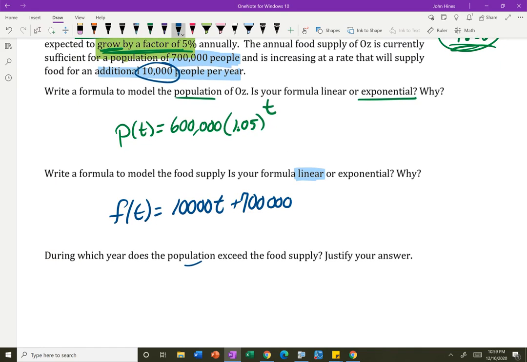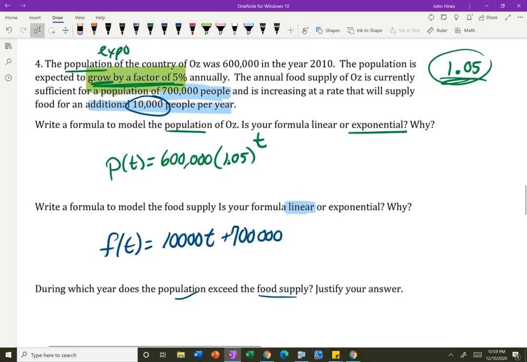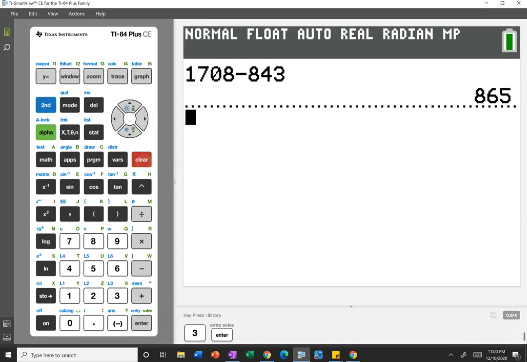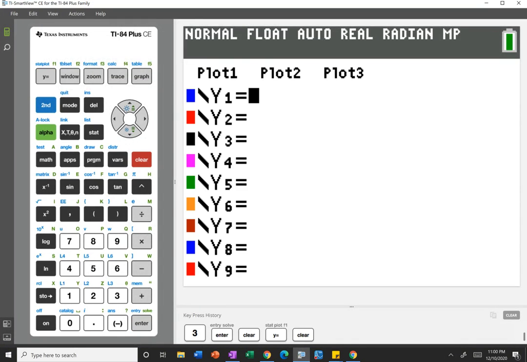Eventually, does my population exceed my food? Am I going to be unable to feed all the munchkins in the land of Oz? It'd be rather unfortunate. So the way that we're going to do that, we're going to go to y equals. We're going to go to our table. So you're going to pull out your calculator and you're going to go to your table. And whenever I want to go to my table, I got to get the equations into y equal